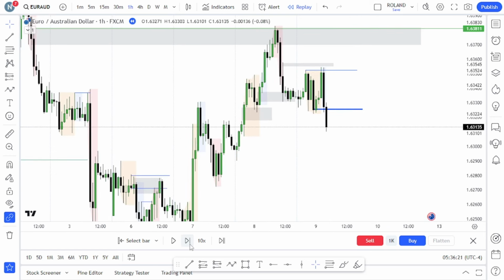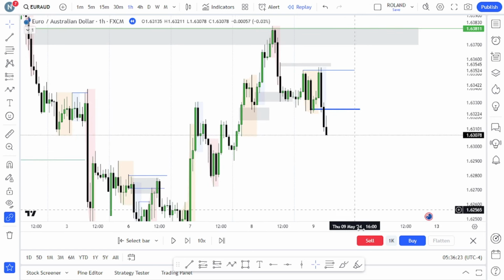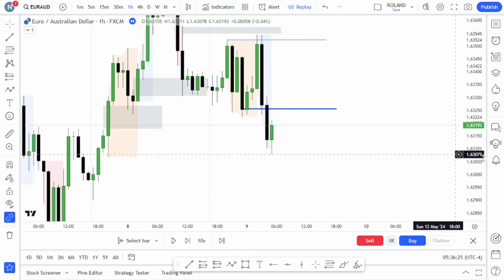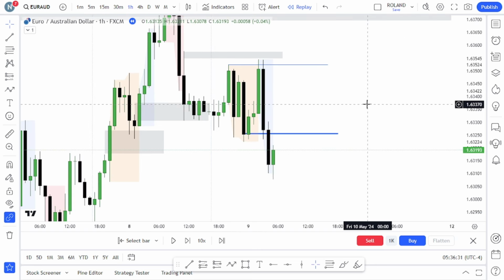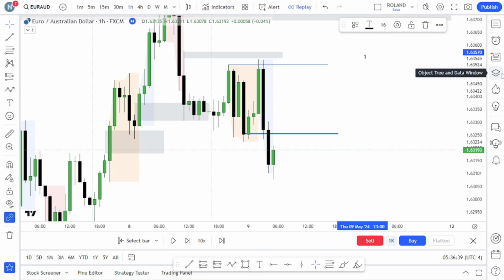So once it's New York, we want price to get into that 1 hour POI that is above midnight. If price doesn't do that from 7 till 8:30 Eastern time, which is from 12 p.m. Nigerian time till